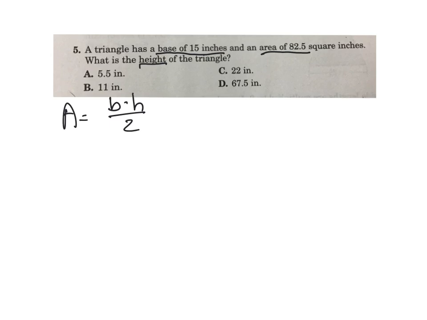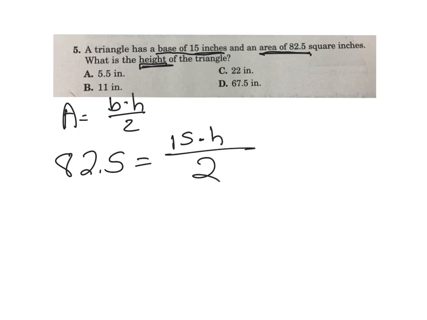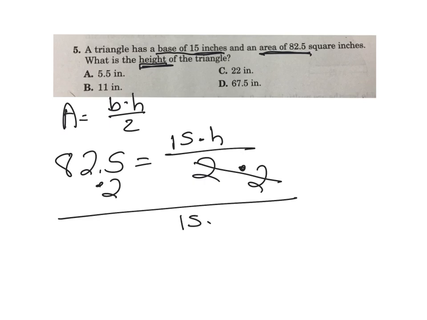Okay, let's see what we got here. It does give me the area, so I'm going to put that down. 82.5 equals, does it give me the base? Yep, 15 times, does it give me the height? Nope, that's what it wants to find out. And that's divided by 2. So I want to get rid of this divide by 2. I'm going to multiply this side by 2, multiply that by 2. Those cancel each other. So it's 15 times h, and that's going to equal 82.5 times 2 equals